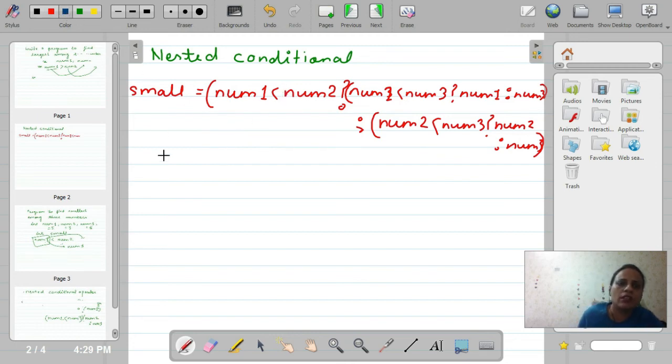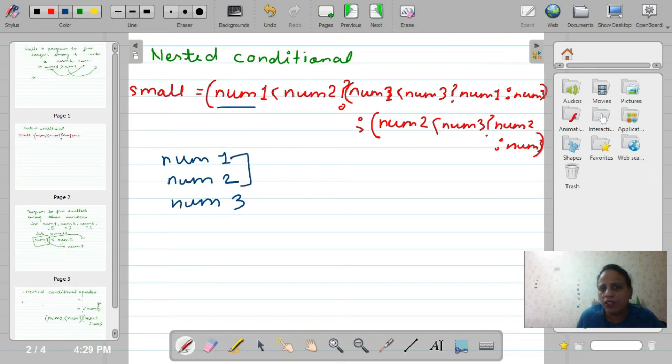Now see, we have three numbers, num1, num2 and num3, and what we did here: first we check num1. If num1 is less than num2, and this condition is true, then we check num1 against num3. If num1 is less than num3, it means num1 is the smallest one.